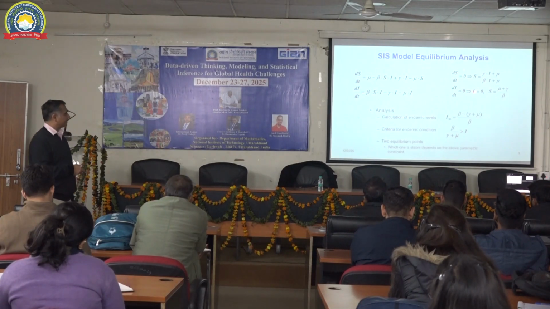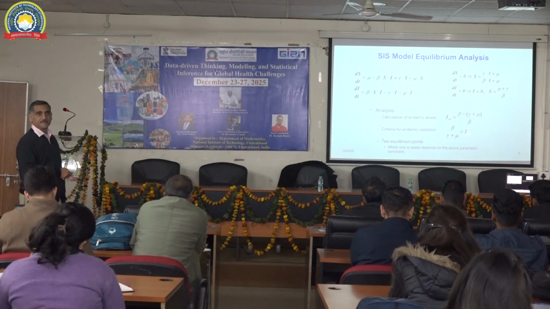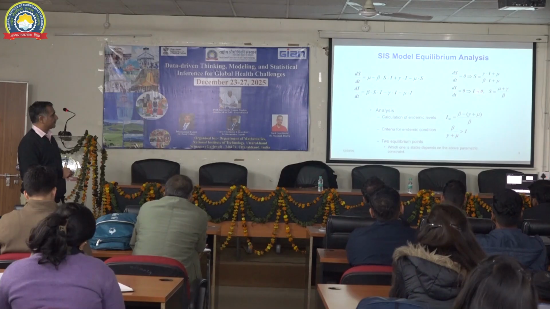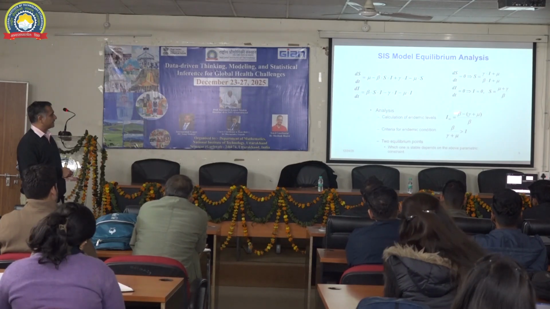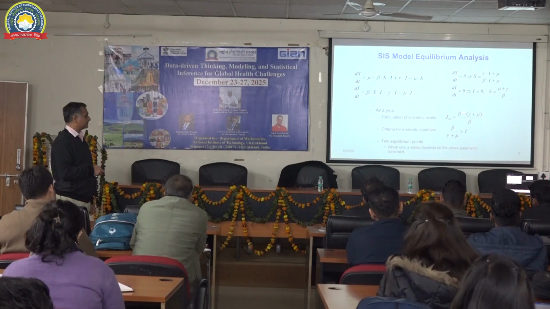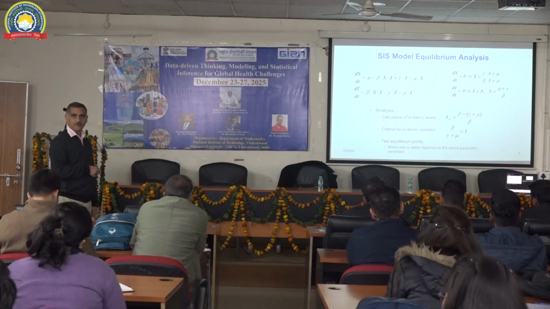So how do we find the equilibrium solution? You set it equal to 0, and then you find equilibrium solutions, right? You set it equal to 0 and you isolate S and I. So there are two solutions. There is one disease-free solution, which is S0, I0, and the other one is the endemic solution, which looks like this. I is this one. Is that okay? Is this making sense or no?